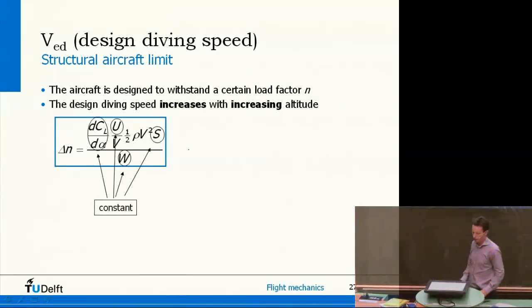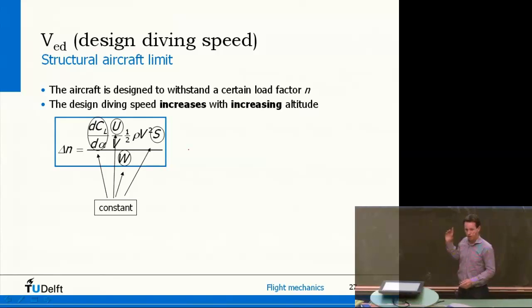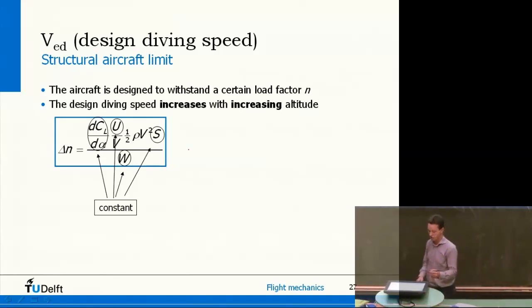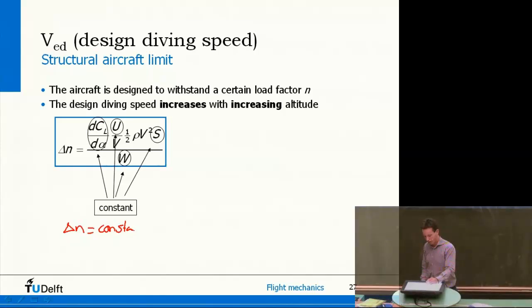Now what you have to realize is that pretty much everything in that equation is constant. So this says that delta N is a constant multiplied with rho times V. Now this delta N is in fact also a given parameter. An aircraft can withstand a certain load factor increase, for example 3G. So you see straight away that the maximum speed at which you can fly depends on the air density, and